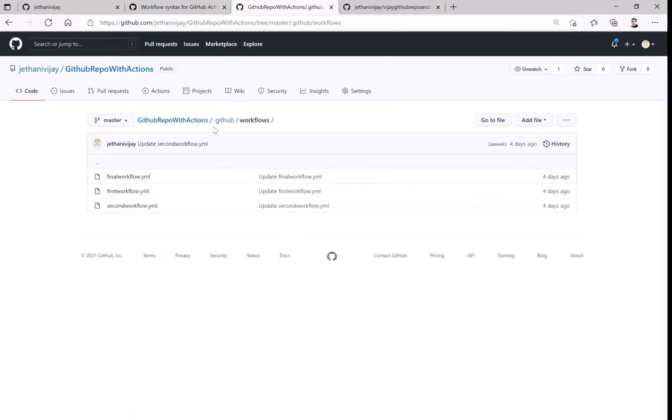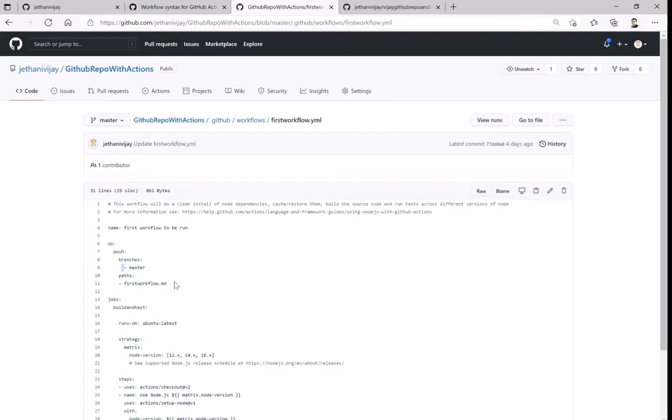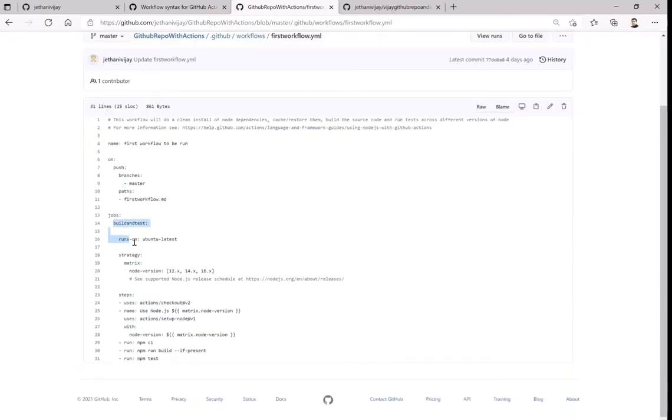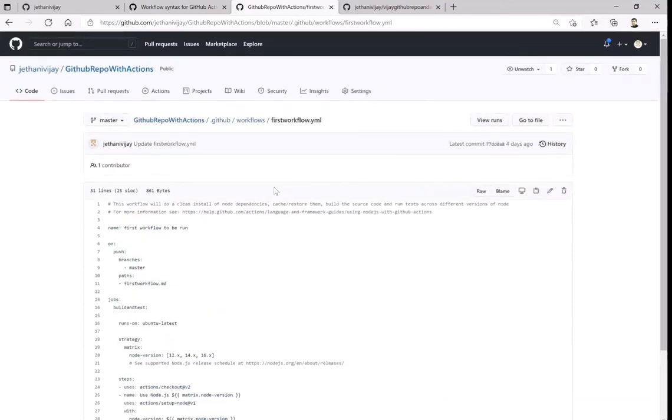So remember, this is very specific. If you don't keep your workflow files, that is YAML files, under .github/workflows, they will not run. That is a must for us to keep. So again, going to the first workflow on master, this is what I changed, and I only had one job, which was a combination of both build and test. In your case, it can be any of your .NET Core or any of the other open source projects. So just play around with the repositories to check how you can. The only thing you need is, as I said, on what particular condition it will run and what are the jobs and steps you want to write.